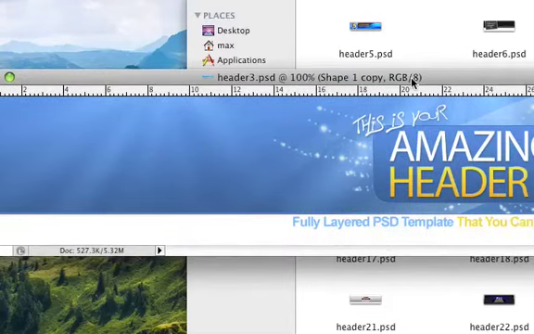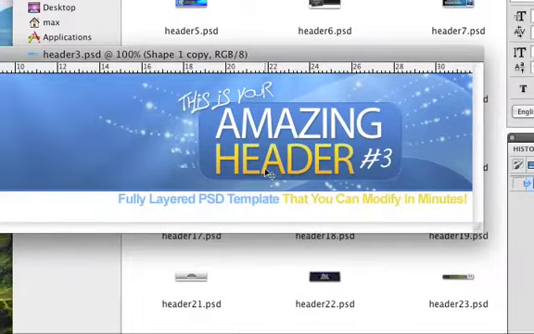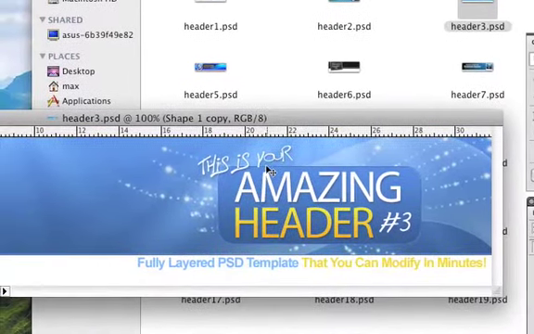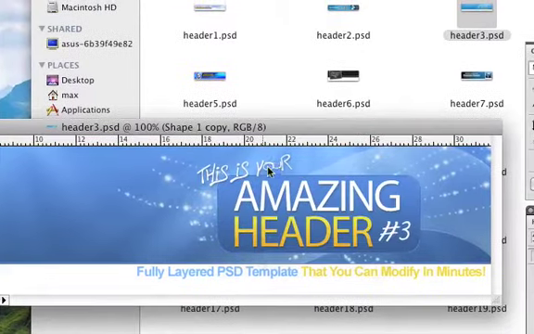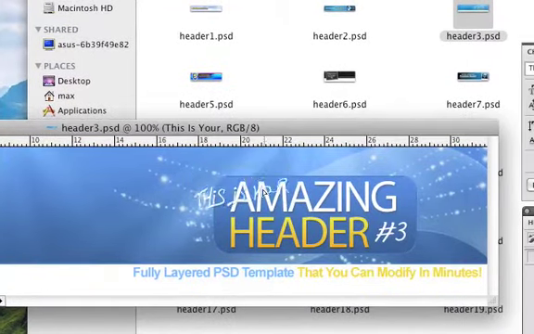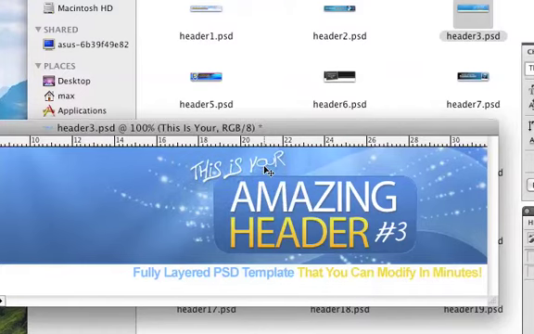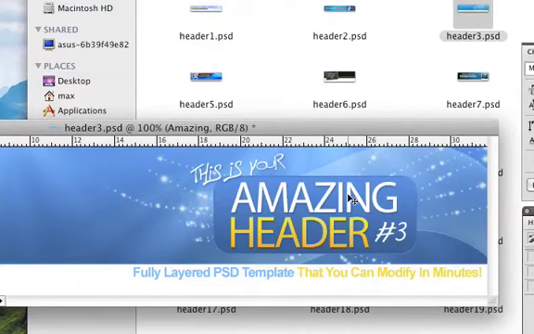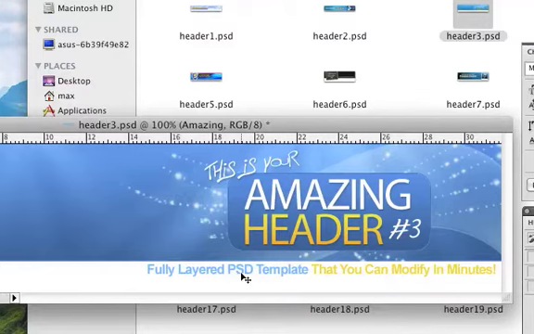First thing is let's edit some of this text here. Everything that you see in the header, all of this text, could all be modified, it could all be moved around. All of this stuff comes in its own layer, and you can edit all of these things to your liking. So you can move all of these things around. If you want to add your own text, if you want to change this to say something that you want to say, like your website name, your product name,